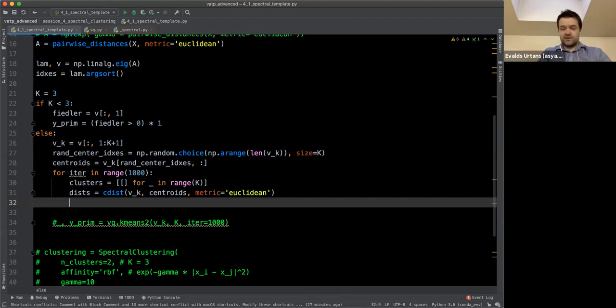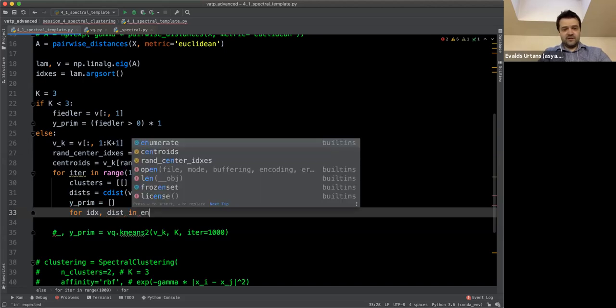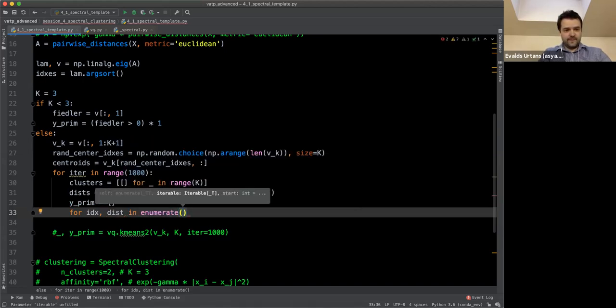So the clusters, then the Y primes. I just don't want to have another loop at the end, so I will just have the temporary Y primes always. So that's cool. I think that's it for this part. Then we go inside the IDX dist and enumerate the distance. So the C dist would give us,